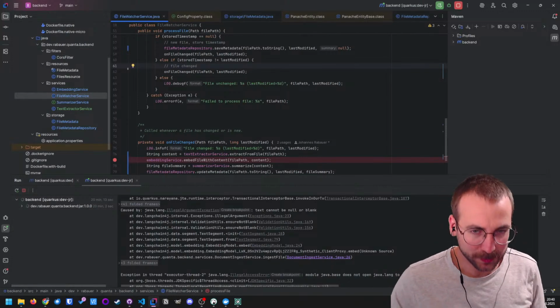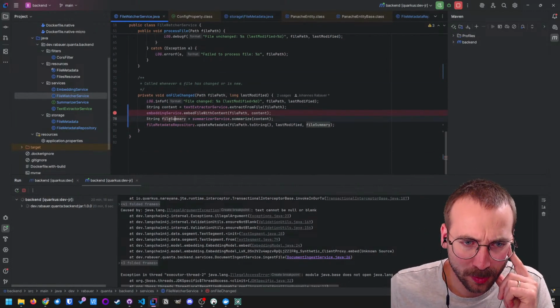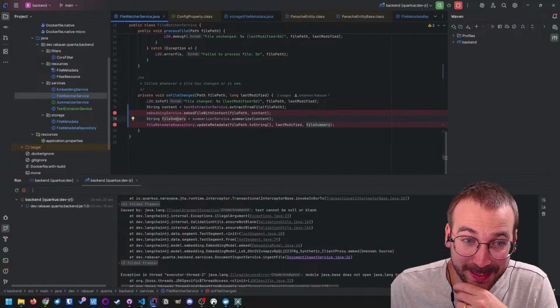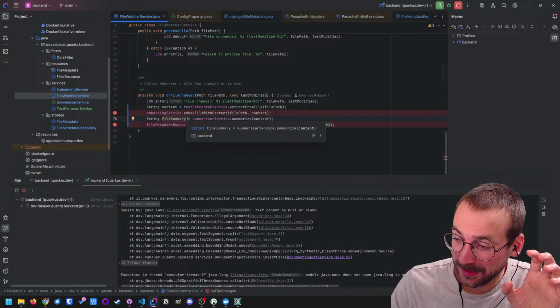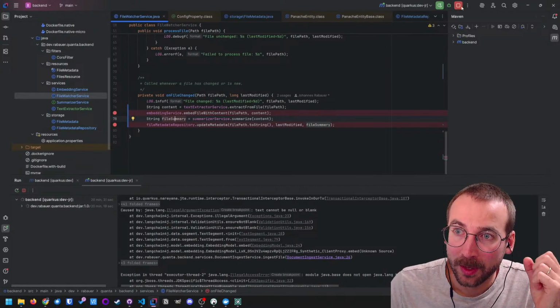Yeah, let's remove it. Just because it doesn't make sense. It's always calling file summary. And this is interesting as well, what comes out of this, because I did not yet test Ollama with this service. So